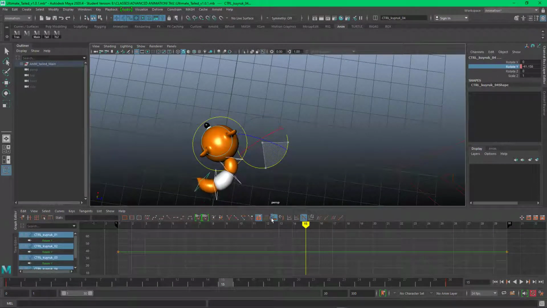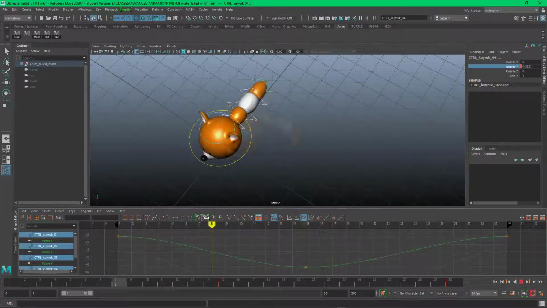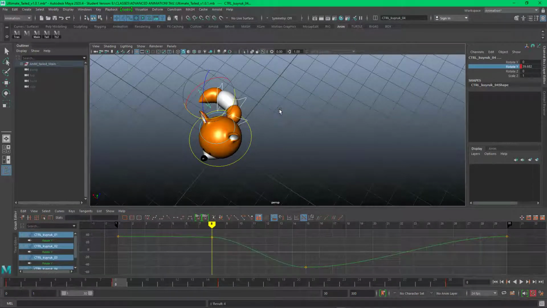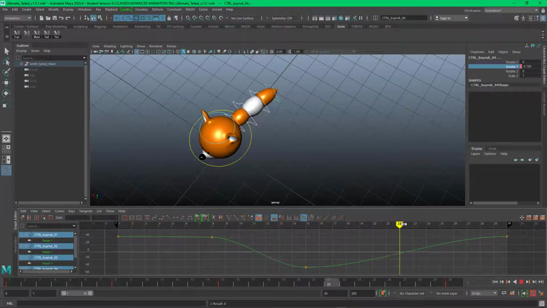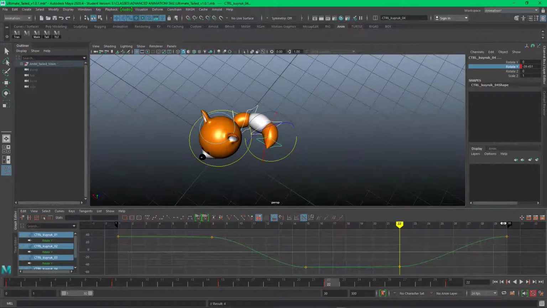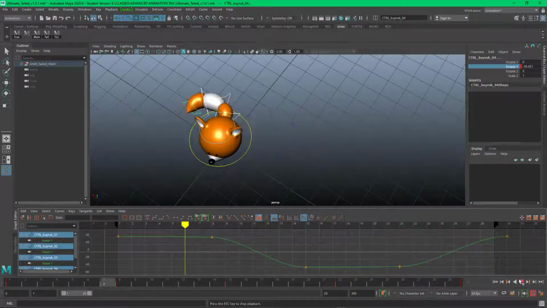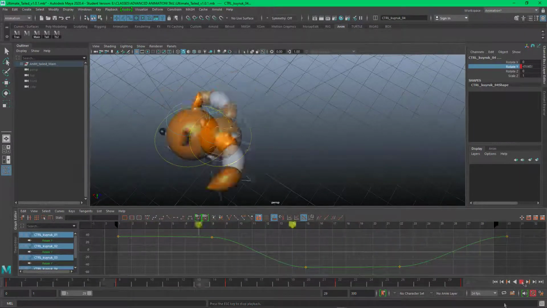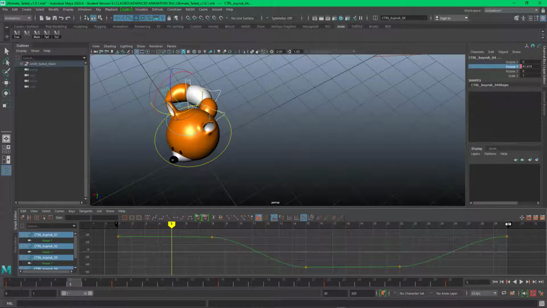So for each main key here, 1, 15, and 30, rotating it each way. I'm going to come into frame 8 and rotate it again. Same thing on frame 22. And I've got auto keyframe on, the red button in the lower right hand corner. And I play from 1 to 29. And so there's my rotating